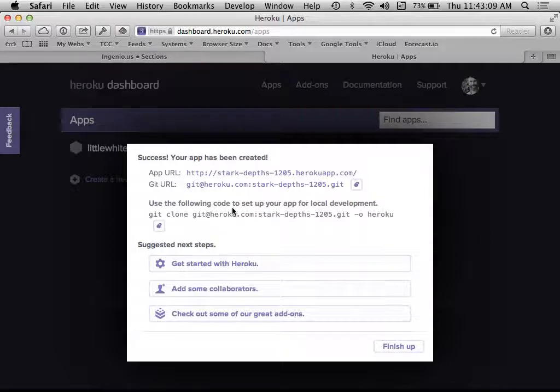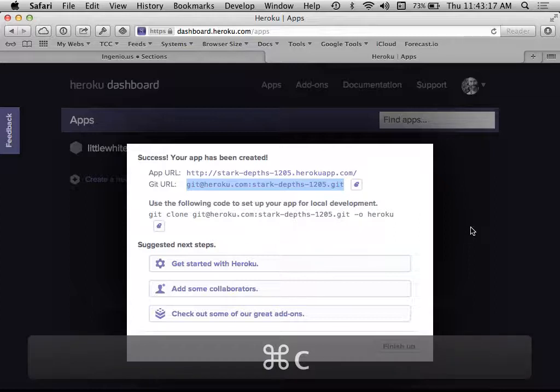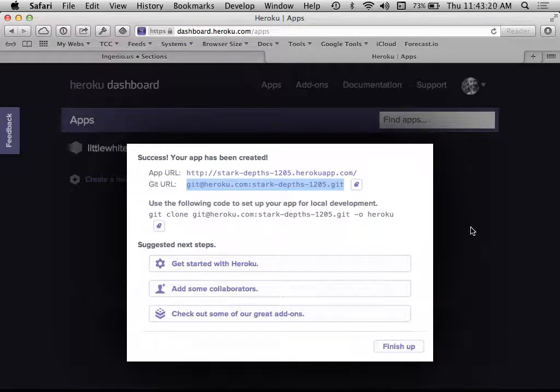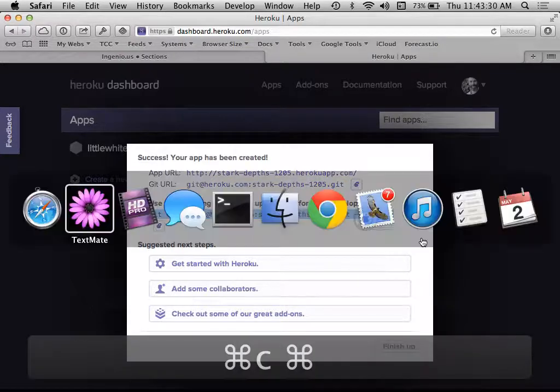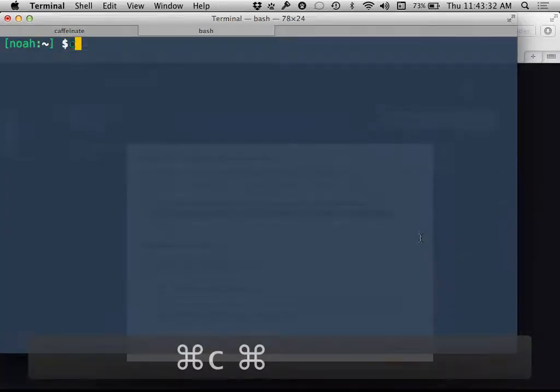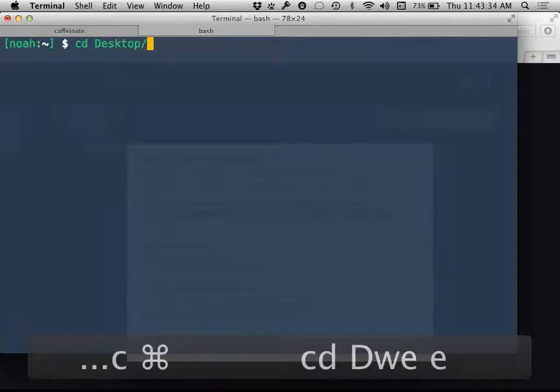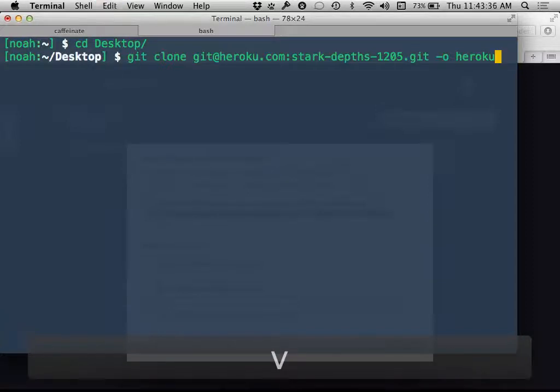So anyway, Heroku uses that kind of idea. It basically assumes that any application we're going to work with, we are going to have set up with source control. And they give me this little Git URL right here. Actually, they give me the whole command right here. If I take that command, jump over to my console, let me switch to my desktop, and paste in and run their command,